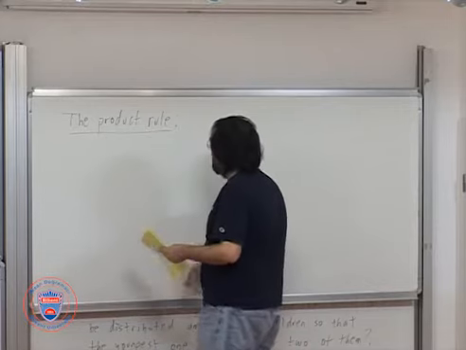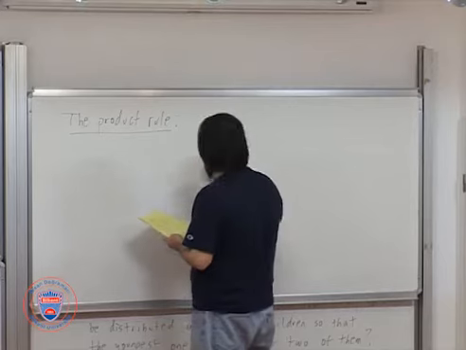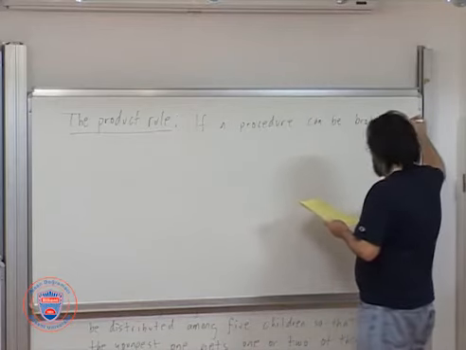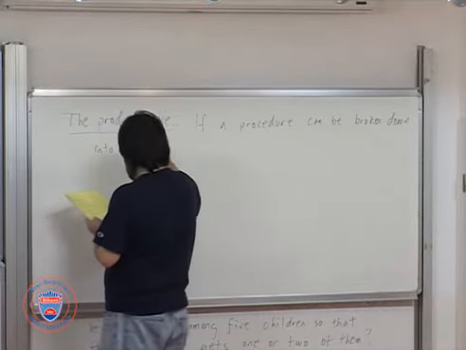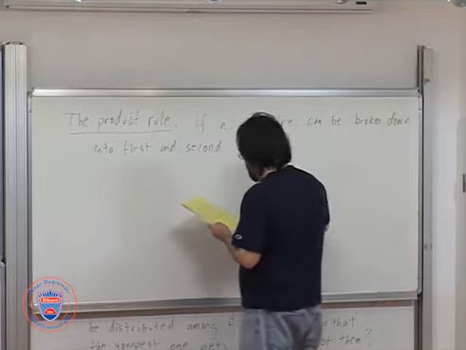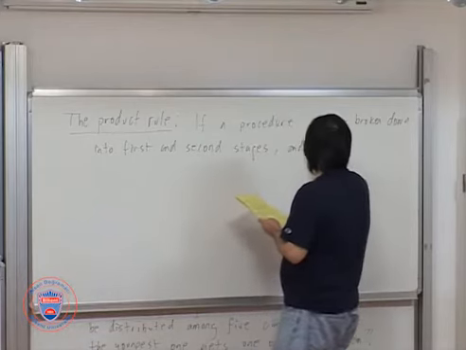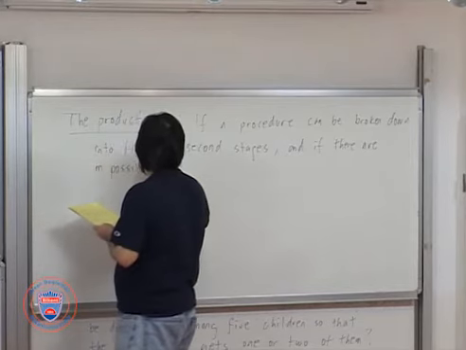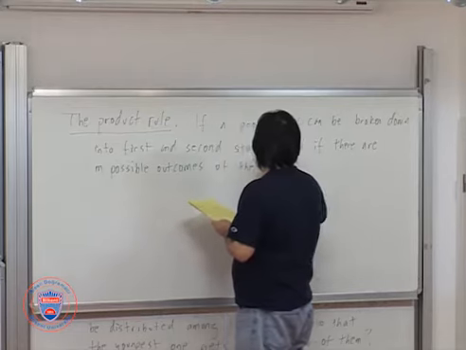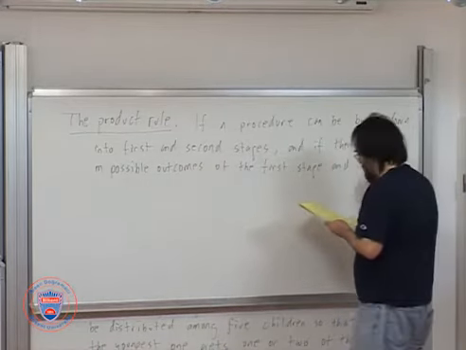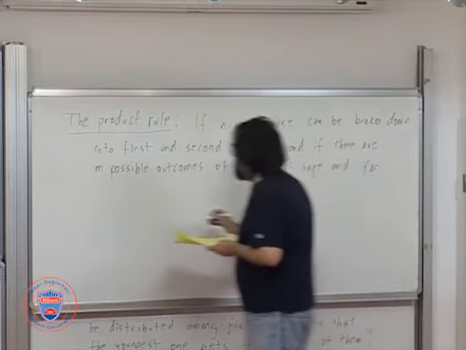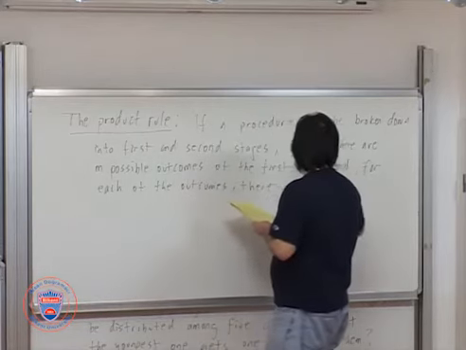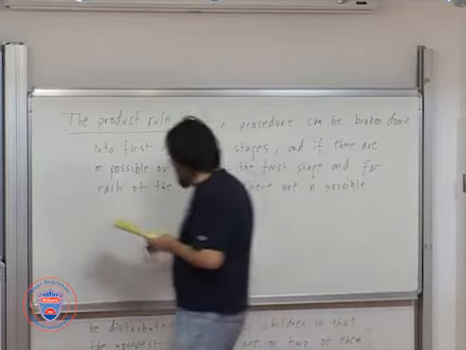It talks about procedures that can be broken into steps. So if a procedure can be broken down into first and second stages, actually you can do it in r stages, but let's write this as a simple way. And if there are m possible outcomes of the first stage, and for each of the outcomes there are n possible outcomes for the second stage,